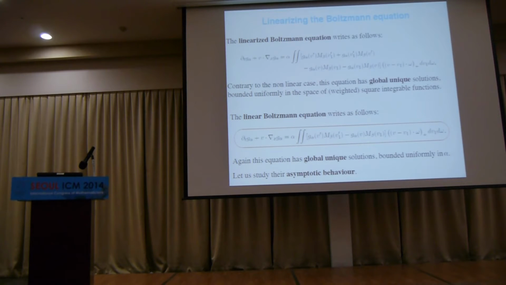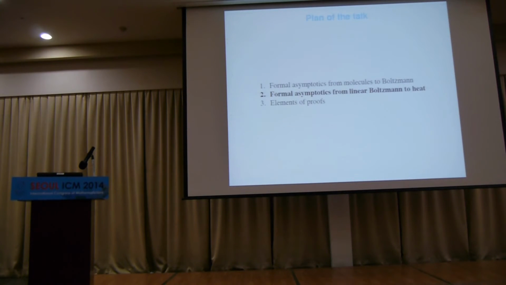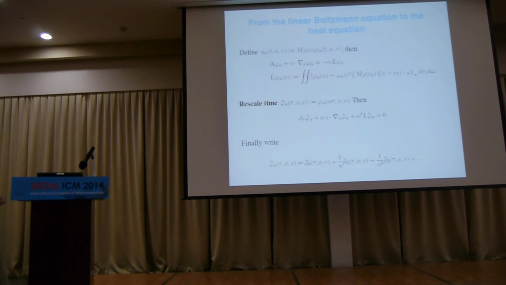So this equation is supposed to look like the heat equation. This is quite easy to see in a formal way, and it's not very much harder to prove. So let me try to show you why this linear Boltzmann equation looks like the heat equation. That's very well known, there's nothing new here, but I just want to show you why two derivatives come up when you have just this transport equation. The next two slides are a tiny bit computational, so you can just close your eyes if you don't like that and wake up in two slides. Or not.